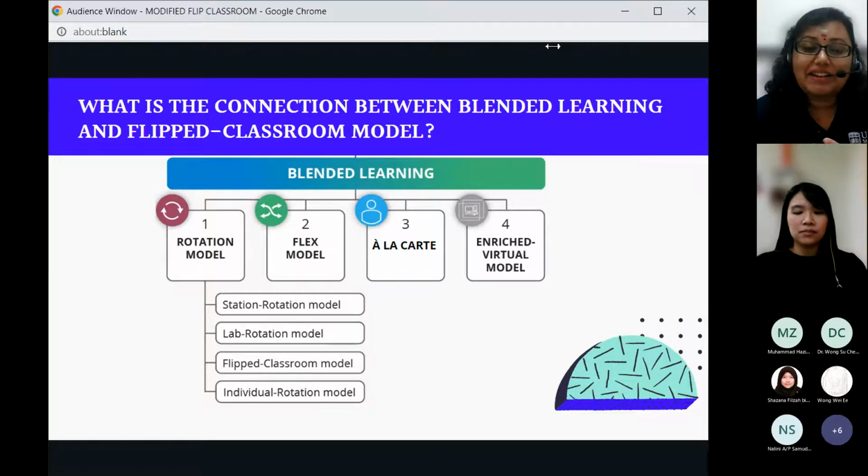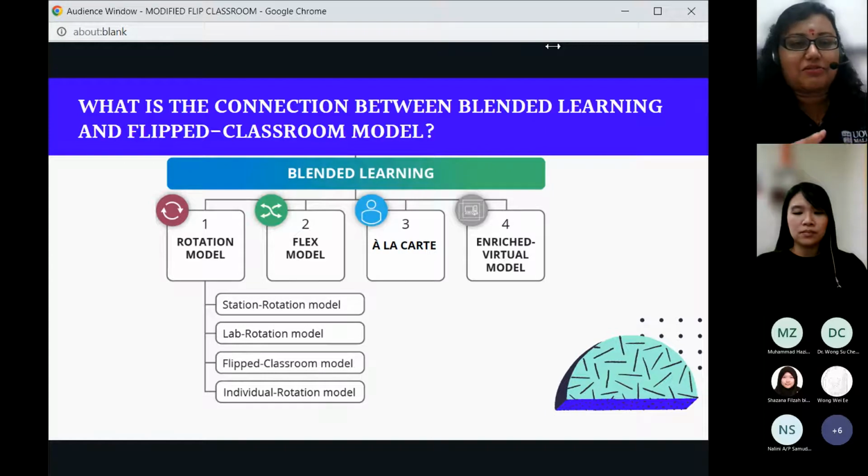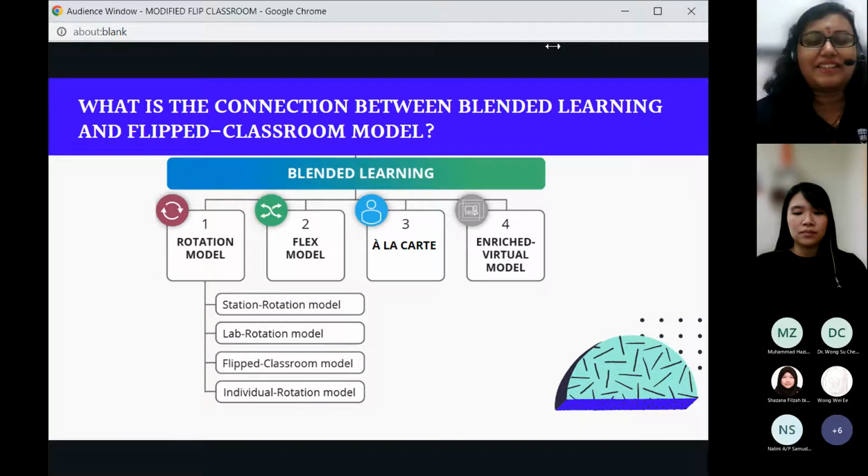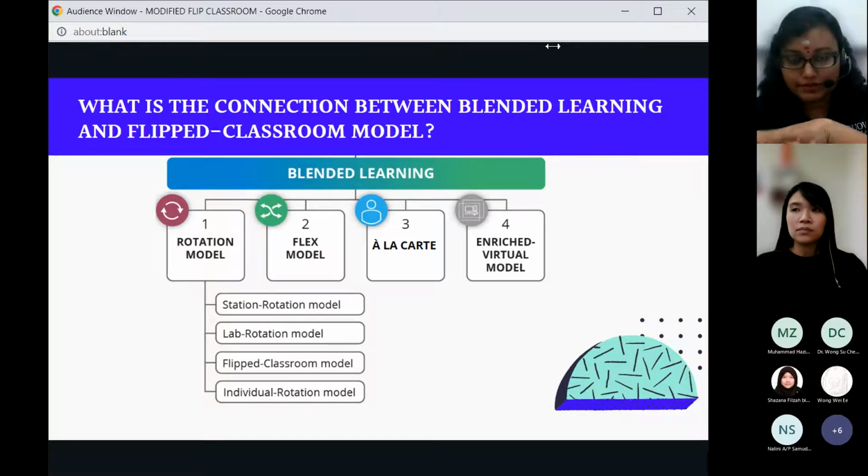Last time it used to be called self blend, but now I think they've modified it again. You have to keep up with the terms. So they've modified it into a term called a la carte, like when you go to fast food restaurants and you choose a la carte. And the last one, we have the enriched virtual model. So basically, these are the four basic ways of blended learning.